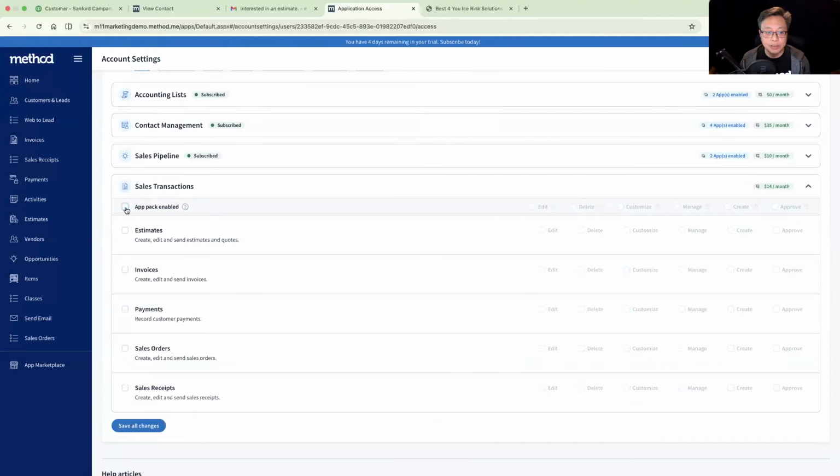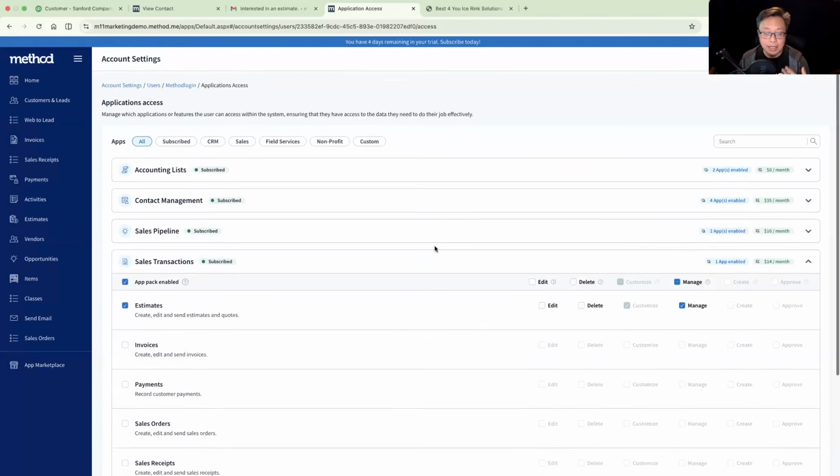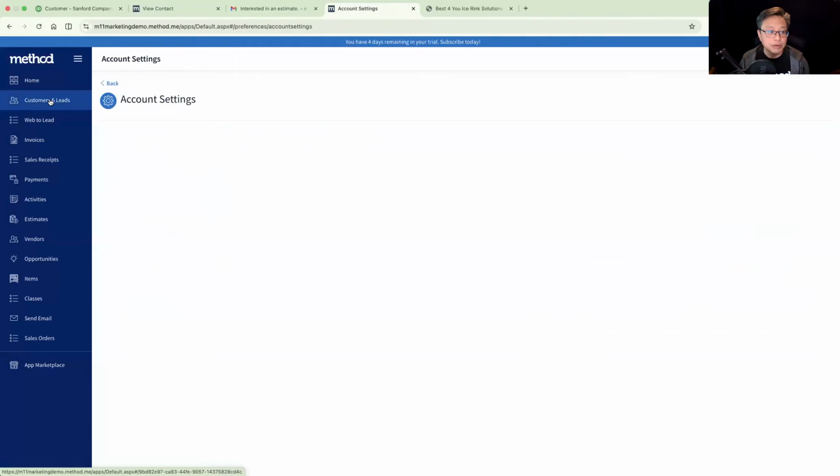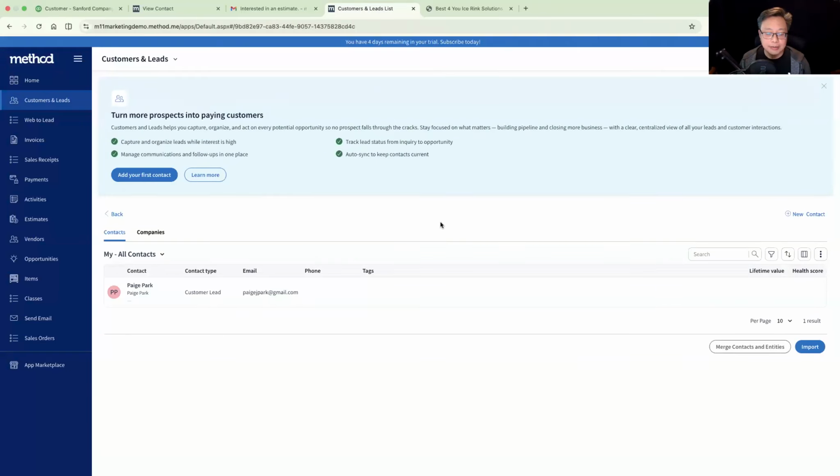Let's just say I don't trust, actually, this is me editing, but maybe I don't trust me. And I only want to give access to myself to only see the estimates on my screen, and that's the only thing I'm doing. And if I want to further restrict my access, maybe I only want to just view them and I don't want to edit them at all. So all of this is available to you and allows you to be a bit more specific and granular when you want to give people permissions to your financial information.